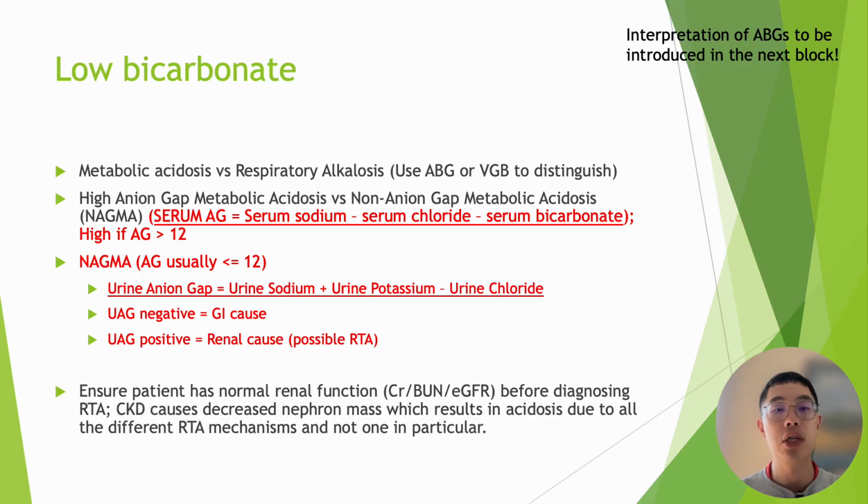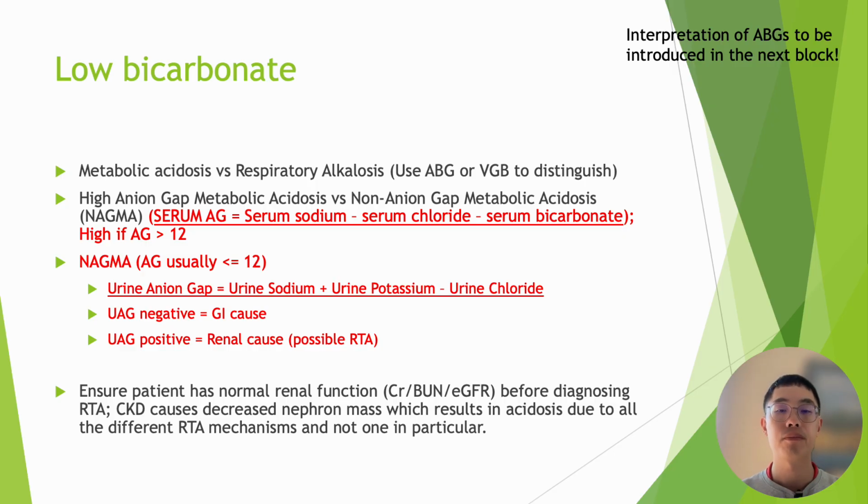We can use an ABG or VBG to confirm the presence of metabolic acidosis or respiratory alkalosis in ways that I won't go into in this lecture. You will go over interpreting blood gases in the next block in more detail, but in this block we will help you identify the metabolic acidosis or alkalosis process. We will also be going over more in-depth causes of high anion gap versus non-anion gap metabolic acidosis in the next block too, so don't worry too much about it for now. However, the red highlighted equations here on this slide are important, and you should memorize them for this and the